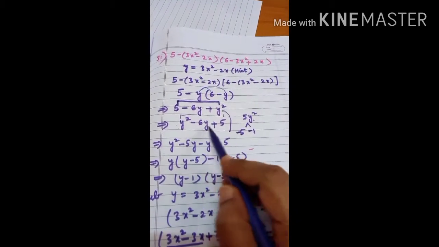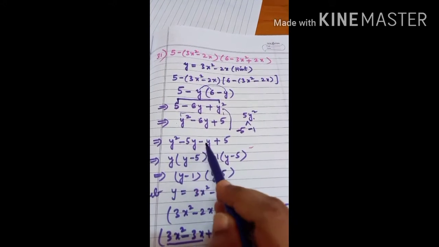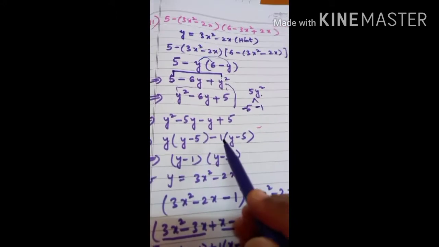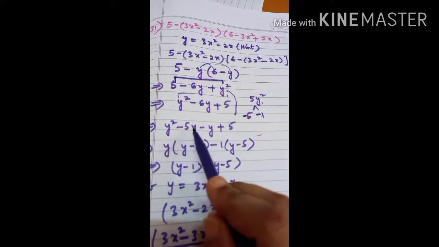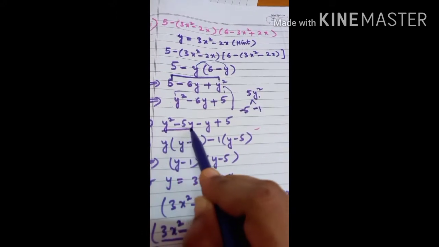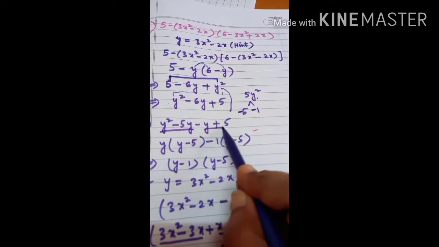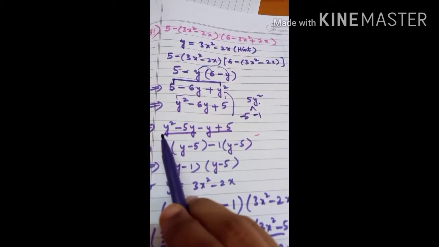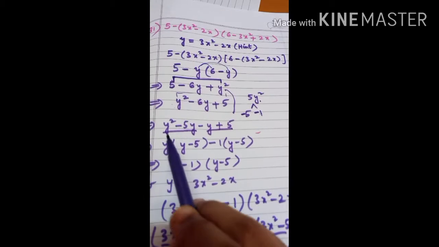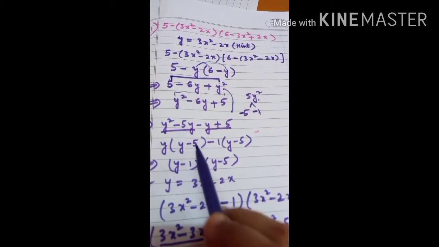Now you're splitting this minus 6y as minus 5y minus y. Like how you do factorization in every problem, in the same way. So minus 5y minus y you got, then y square and 5y. From these two terms you are taking common, then from these two terms you are taking common. So y square and 5y means y you are taking common. After taking y common, here y will be remaining, then minus as it is. After taking y, 5 is remaining here.